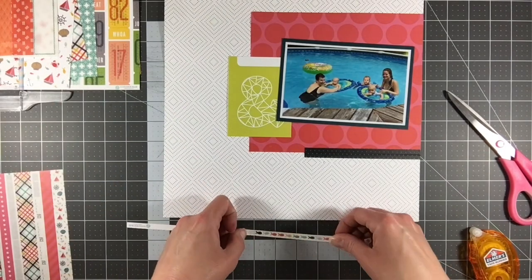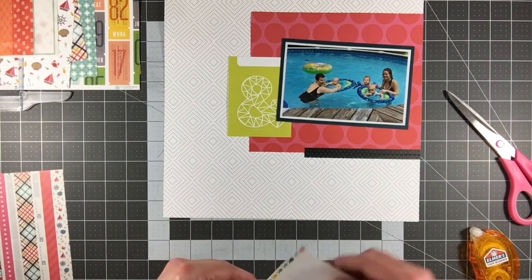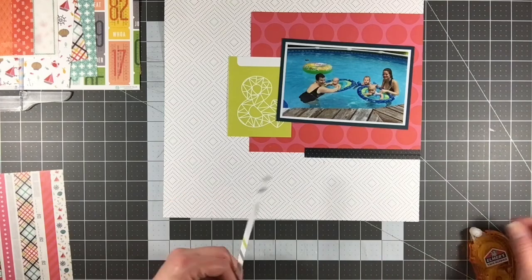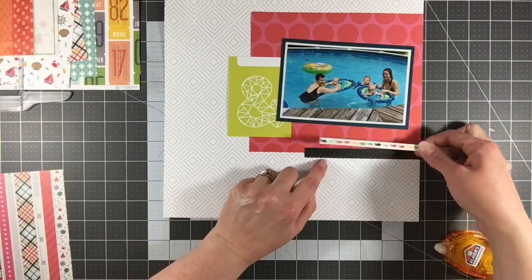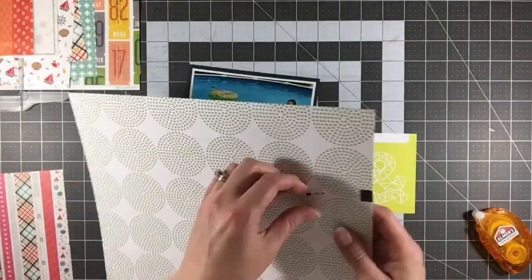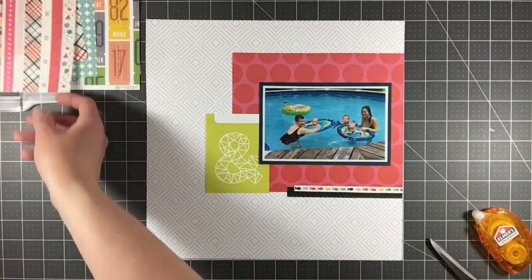Now, this photo is from July 4th, and it's my two sisters and their kids. My older sister has 2 kids and my younger sister has 1 kid, and these are them in the pool at my mom's house, just enjoying the 4th of July with her and enjoying the pool. And so I just wanted to scrapbook this. I was not there for this, but I thought it was a really nice picture of them and